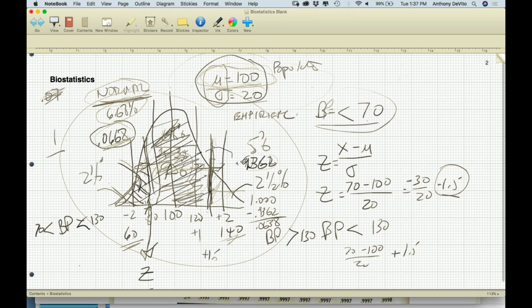And since we know from this point down represents 0.9332, and from this point down represents 0.0668, the area between them, if I just take this larger area and subtract this, I'm left with the area